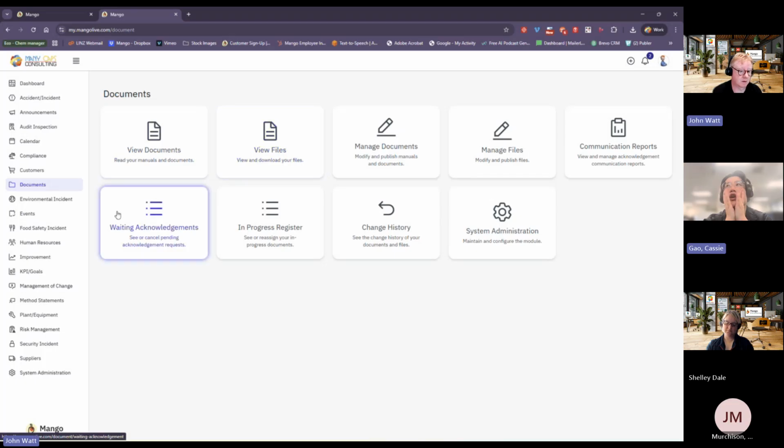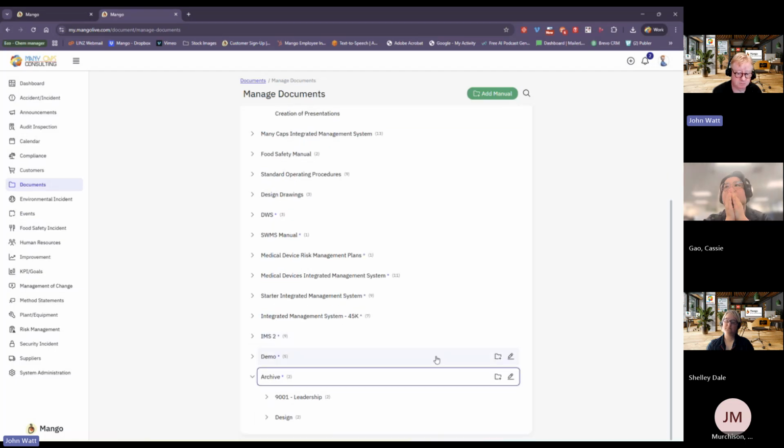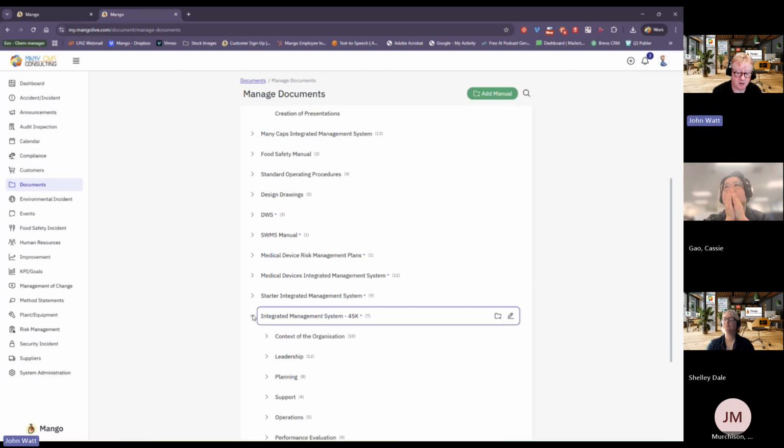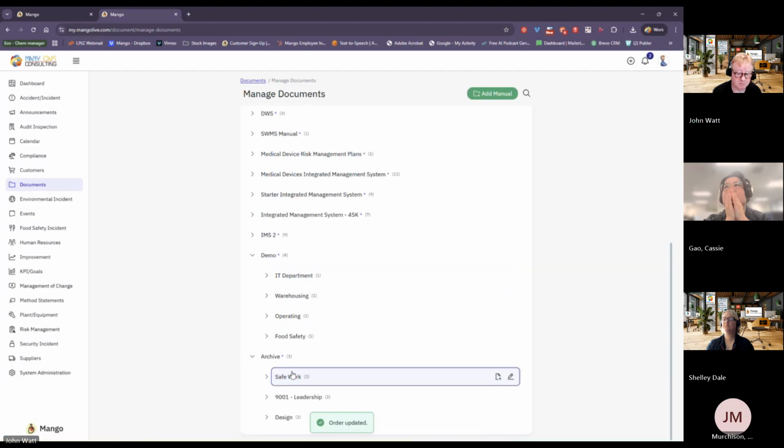Okay. And how about archiving? Archiving's easy. All we do is we set up a folder called archive. Say I've got something in here I want to archive. Maybe I want to archive that whole folder. There you go. Drag and drop. Nice. And we just make sure people don't have access to that archive folder. You see that little star there? That's an access restriction.